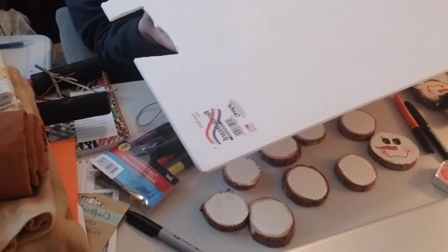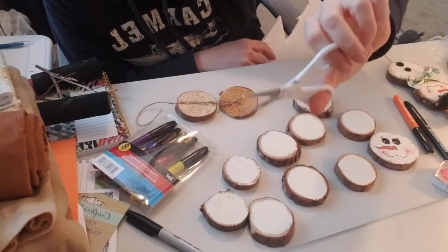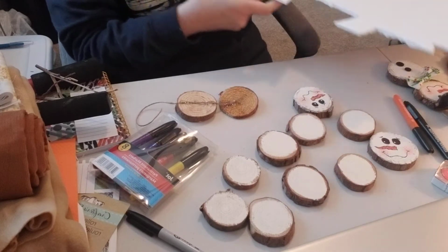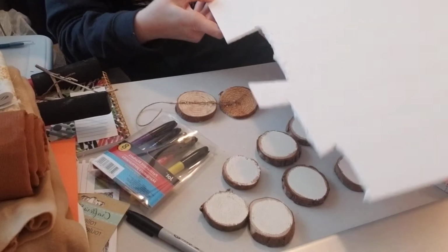foam board from Dollar Tree. And I don't write, I just kind of cut. So I'm taking my little Cricut scissors. They're easier for me to use. And I'm going to try to show you this the best that I can. So I'm going to go from the end right here. Actually,